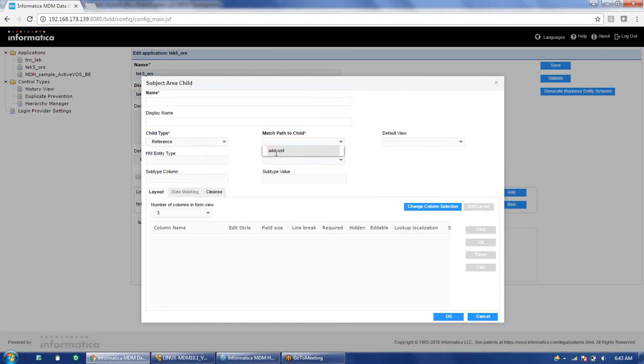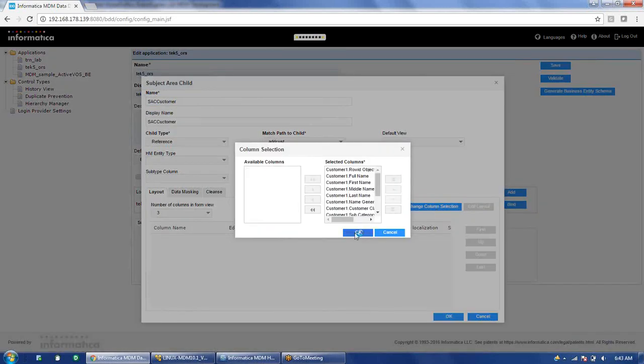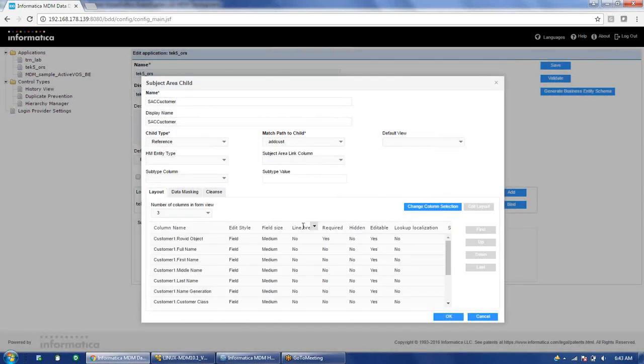And match path to child. You can see again match path is coming here, and we can give a name to this subject area child, customer. And select all the columns. After selecting the columns, again we have two row ID objects which will be yes.